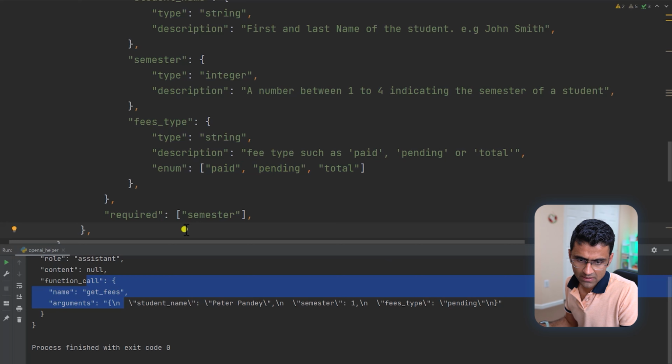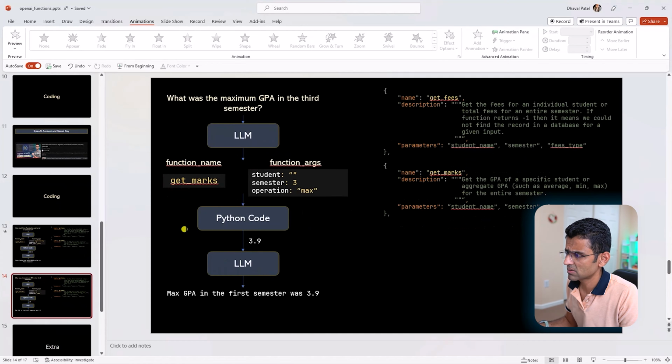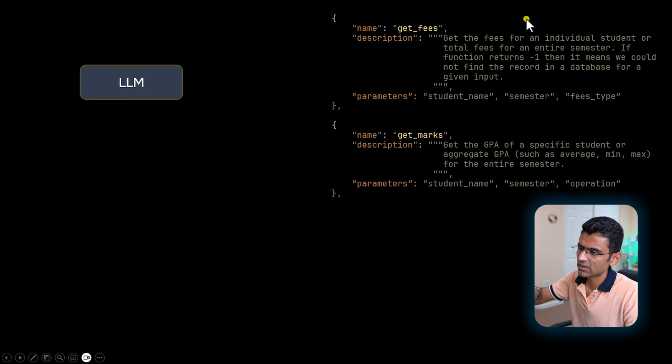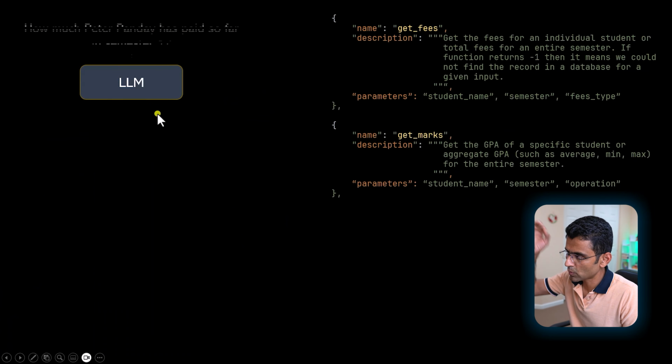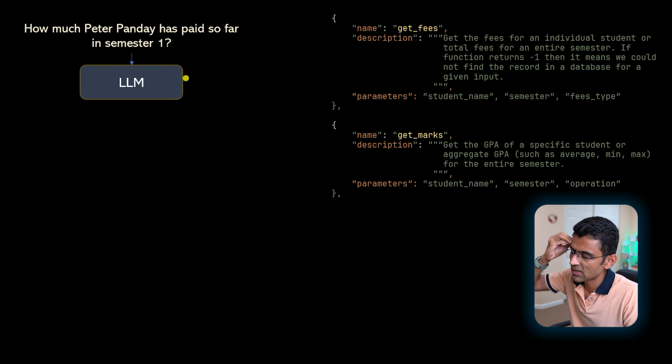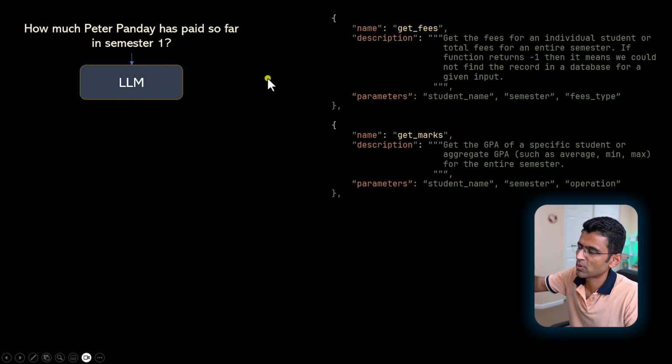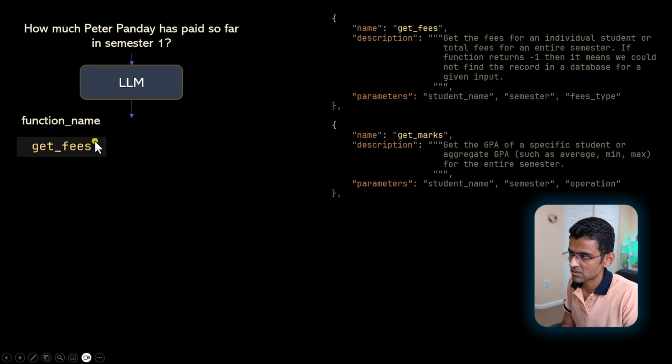So if I have to explain this using a presentation, it will look something like this. You have given this configuration to your LLM. An input question comes. It will now use its reasoning abilities, its language understanding, to say which function is appropriate for this question. It will say, okay, this is a fees related question, so it has to be get fees. And the way it does this is it will compare this question with the description that you have given here and the name of the function. And based on that, it can figure out, okay, it's get fees.